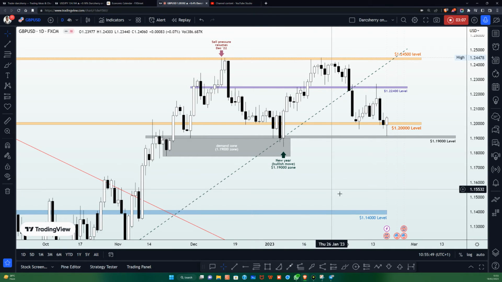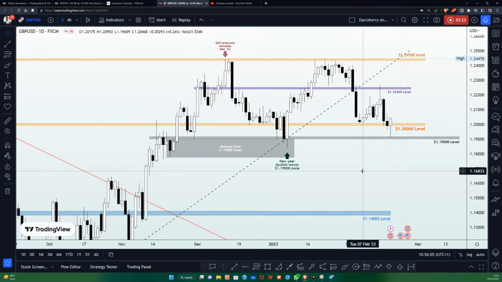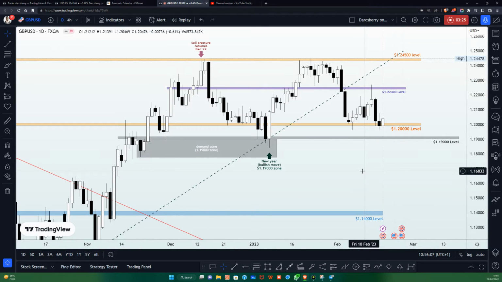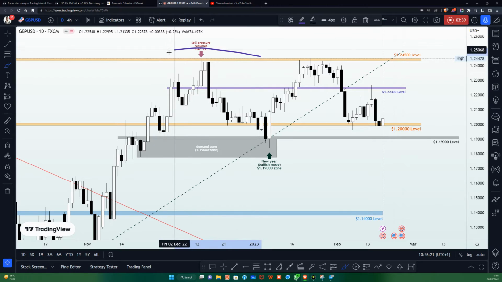So with that being said, I want to dive right back into the chart, where we want to be taking a fresh new perspective into what our expectation is going to be like for this new week. If we look at the daily time frame here and take a second back into what has been happening around the structure since the month of November last year, one thing that is very significant is the fact that price has been caught within a channel between the